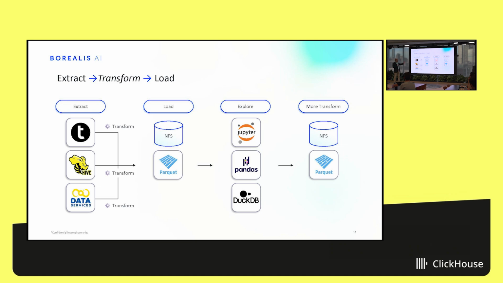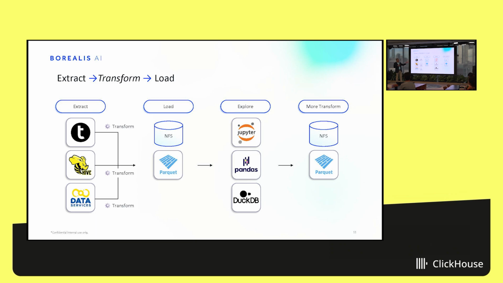So we will be running queries, aggregating data on Teradata, or using Spark queries or Hive queries, or getting data out of the real-time data sources, aggregating them, processing them at source, and then putting them as Parquet files on our storage. Once we have sourced these Parquet files onto storage, then the research pipeline starts,